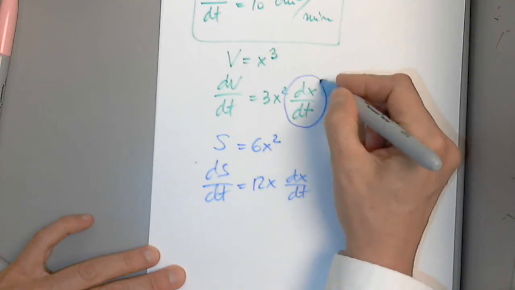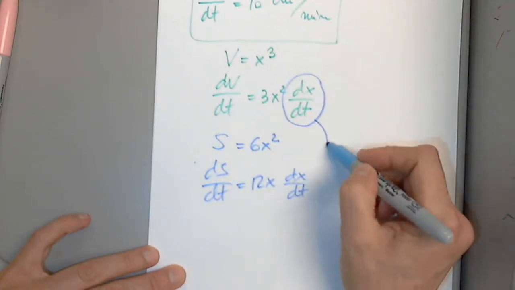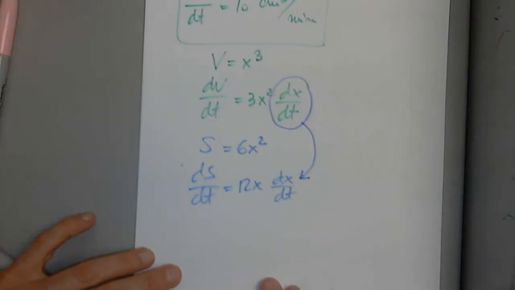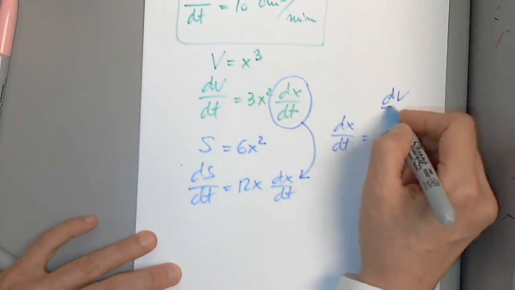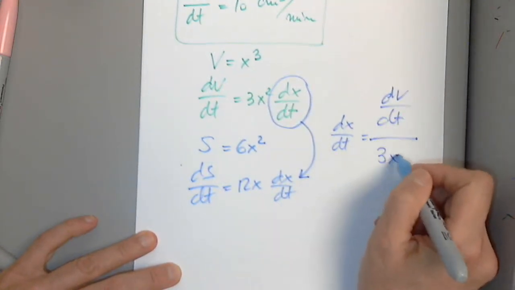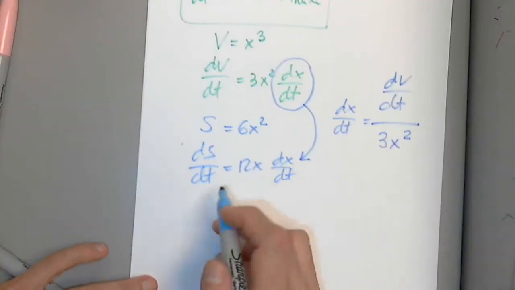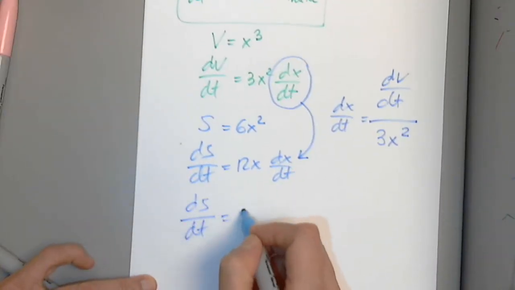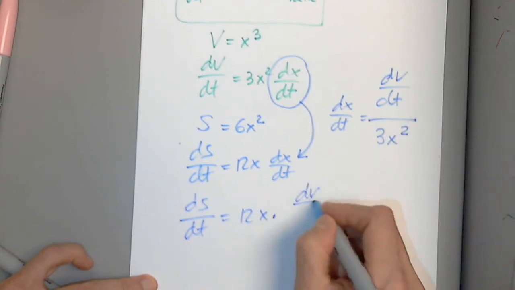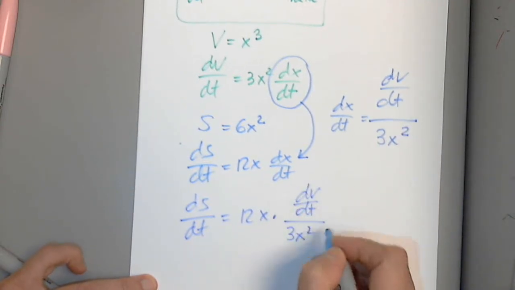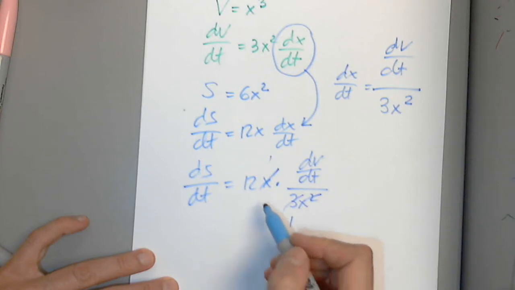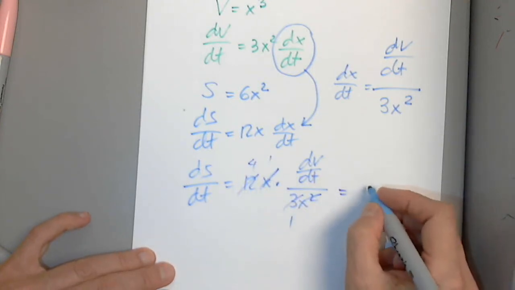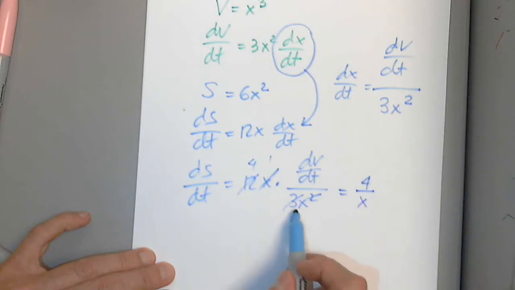From here, I will solve for dx over dt to plug it in here. So dx over dt is this over this. So dV over dt, everything divided by 3x squared. And now I have everything and I'm going to put them together. So dS over dt equals 12x times this, dV over dt divided by 3x squared. I can simplify. So what I have is 4 over x, because 3 is gone, there is only one x in the denominator,